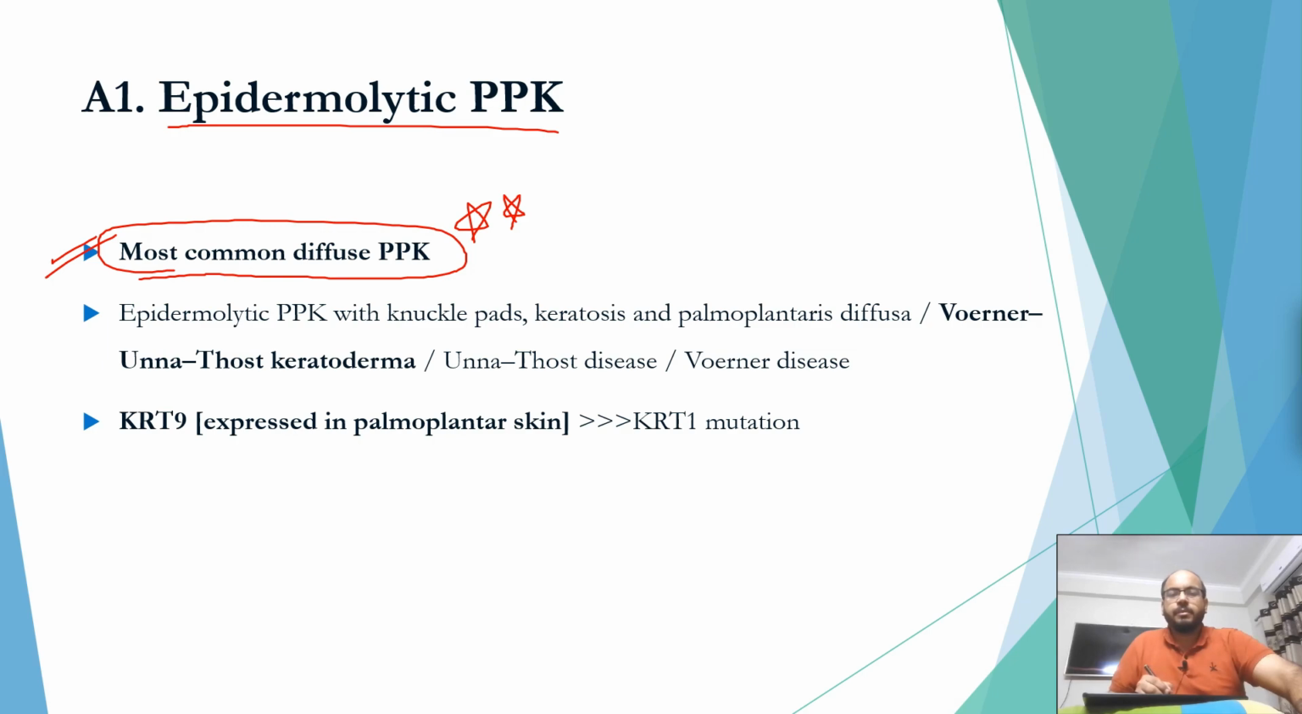Now, in epidermolytic PPK, the other names you have to remember is Vörner Unna-Thost keratoderma, VUT. Also known as Vörner's disease or Unna-Thost disease, but let's not confuse ourselves with the non-epidermolytic one. The epidermolytic PPK is known as Vörner Unna-Thost